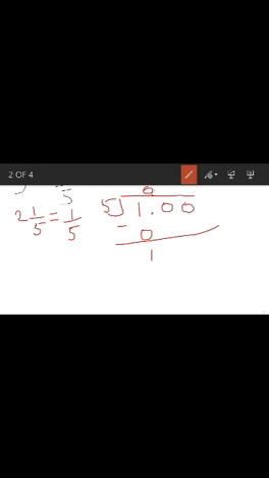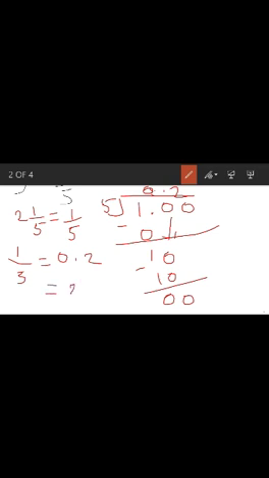This 1 minus 0, 1. This 0 will come down. This point will go here, 0 point. Now 5 2s are 10. What will we get? 10 here, minus 0, 0. Now we will get 0.2. Now 1 upon 5 is equal to 0.2. But what about this 2? So we need to do 2.2. What is our previous answer? That is also 2.2. This is the second method of writing the decimal form of the fraction.